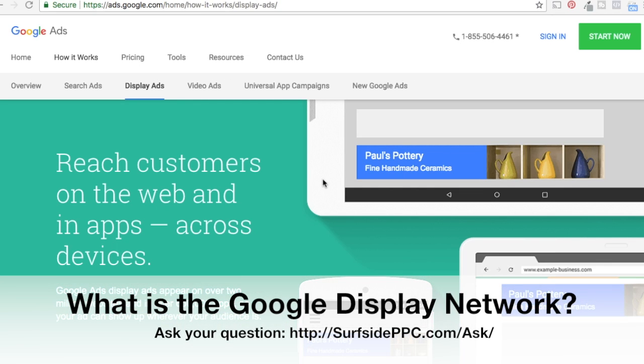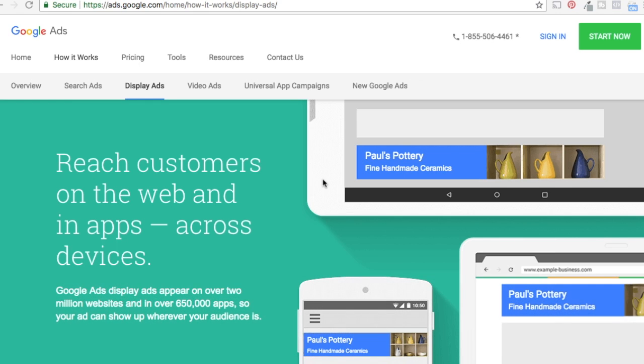Today we're going to be going over the Google Display Network. So it's another edition of Ask Surfside PPC, and the question is, what is the Google Display Network? So I'm going to get right into it. The Google Display Network is a collection of websites, apps, and videos where you can run your ads across the